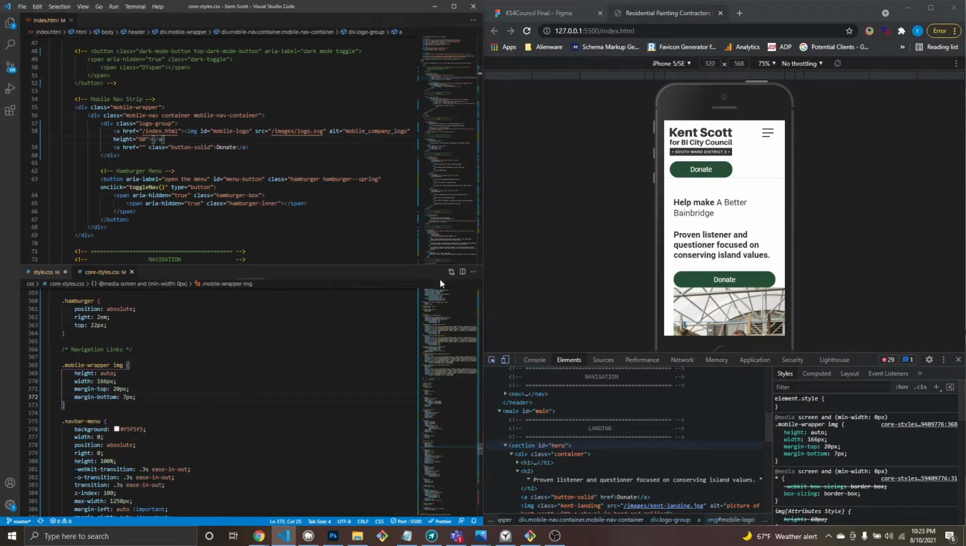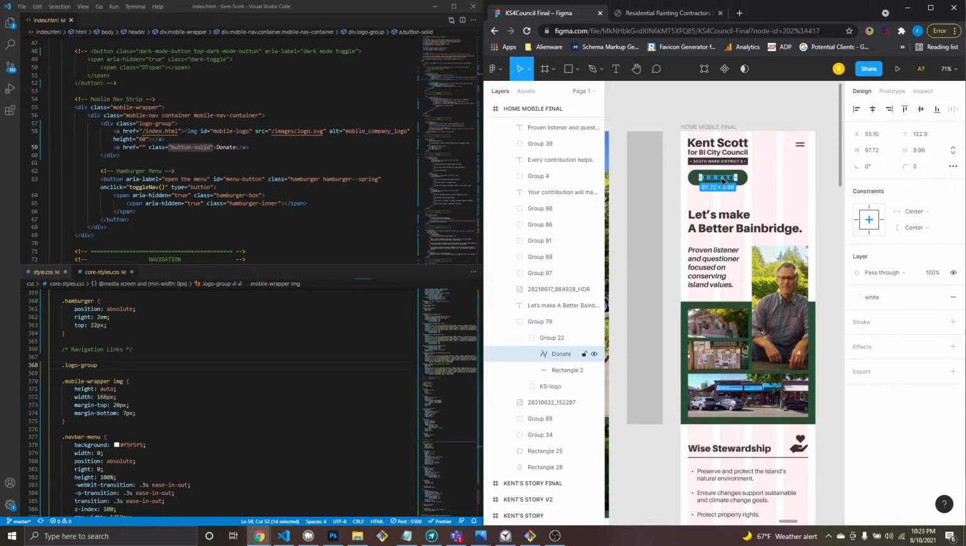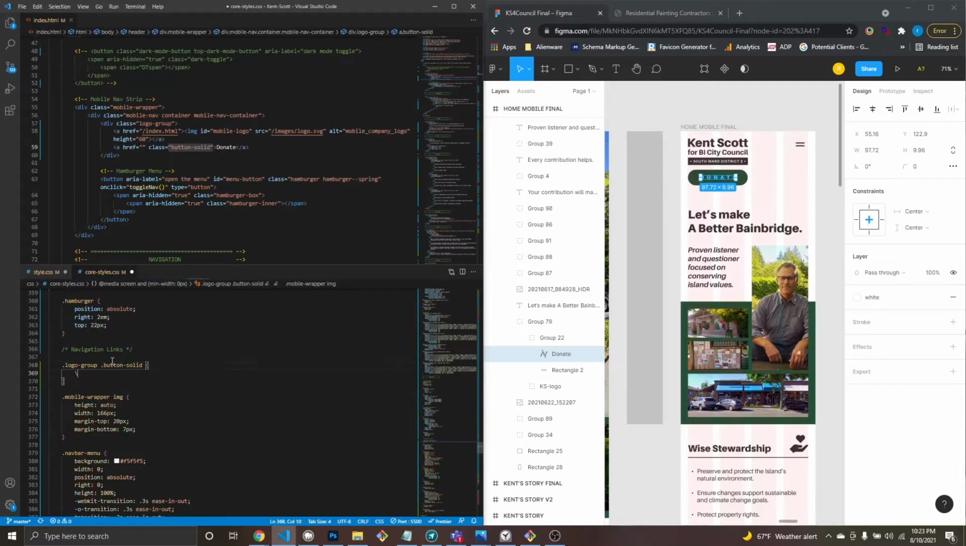Okay, and I want, so this is navigation, so we're going to do .logo group. We're going to create a new thing here. And I just want to target this button solid. So I just want this button solid to have this spacing. So I want to do the logo group dot button solid. So I want the button solid inside logo group. And I want,